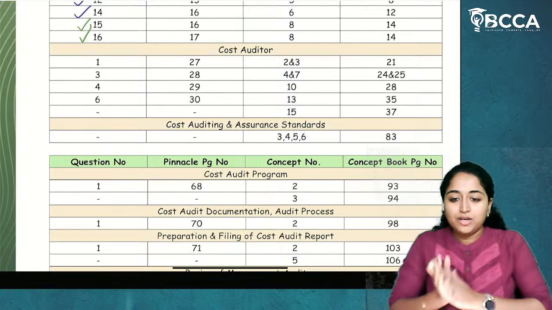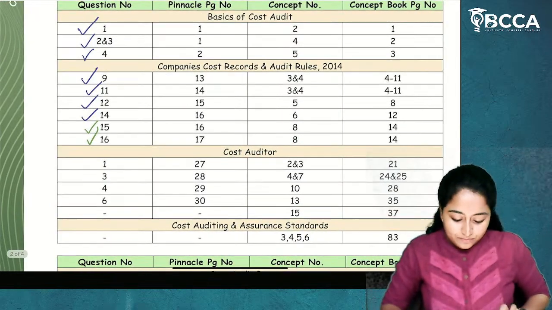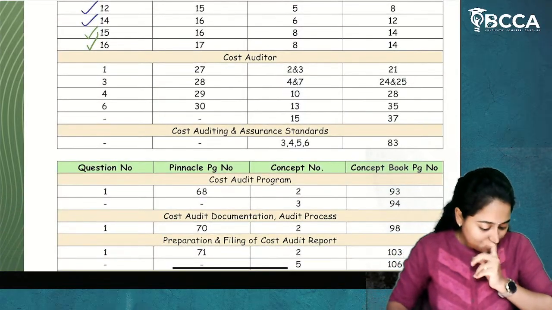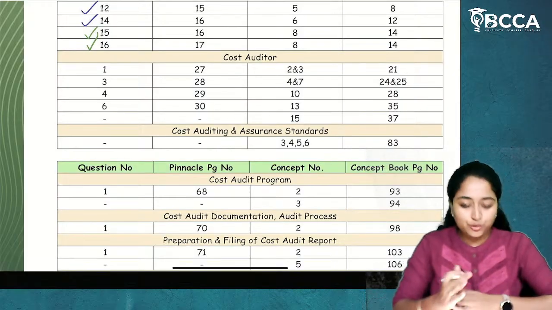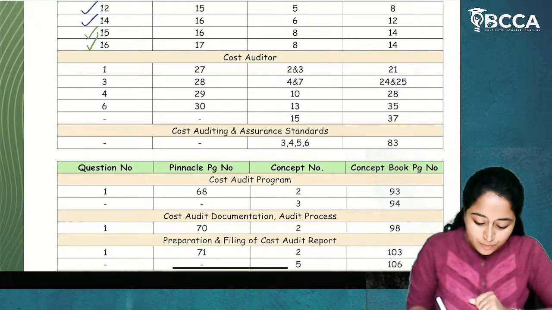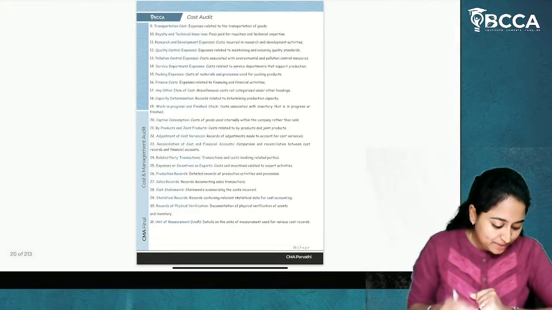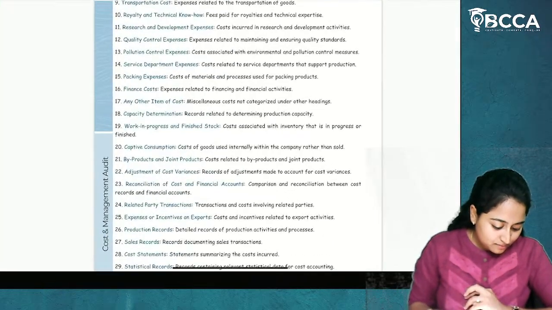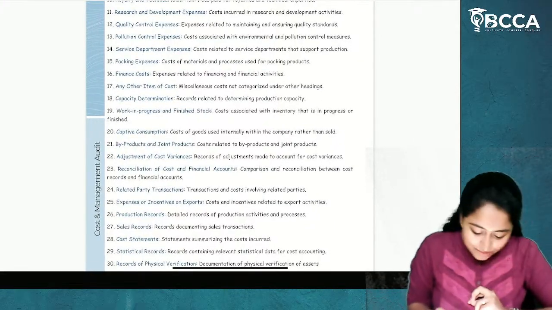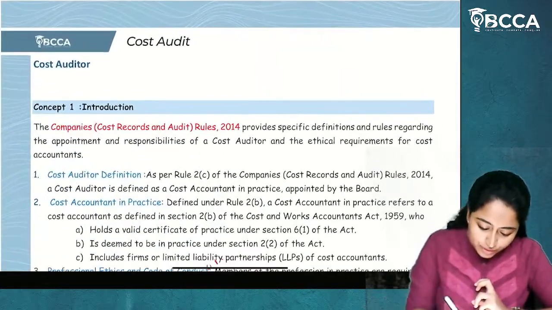Okay. Now, we are going to move to unit 3, cost auditor. We are going to unit 3, cost auditor. Yashwant, yes ma'am. Thank you, Yashwant. Bhanu Teja, yes ma'am. Thank you. Thank you, Bhanu Teja. Thank you so much. So yes, unit 3, cost auditor. We are moving to unit 3, cost auditor. Yes, madam, clear. Rajesh, yes ma'am. Thank you. Thank you, everyone. Now we are moving on to unit 3, cost auditor.